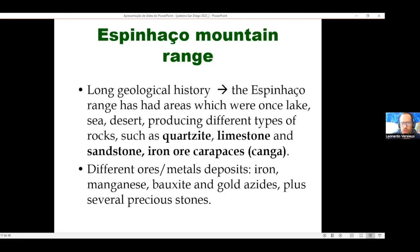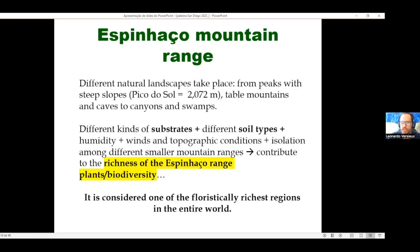So in terms of geology, this mountain range is very old, has areas which once were sea, desert, lakes, producing different types of rocks, mainly quartzite, limestone, sandstone, and iron ore, which can appear as a carapace. We call this canga, and each of these rocks will provide a different substrate for bromeliads. And also different metal deposits, as I said, iron, but also manganese, bauxite, gold, and several other precious stones and gems. So this results in different landscapes